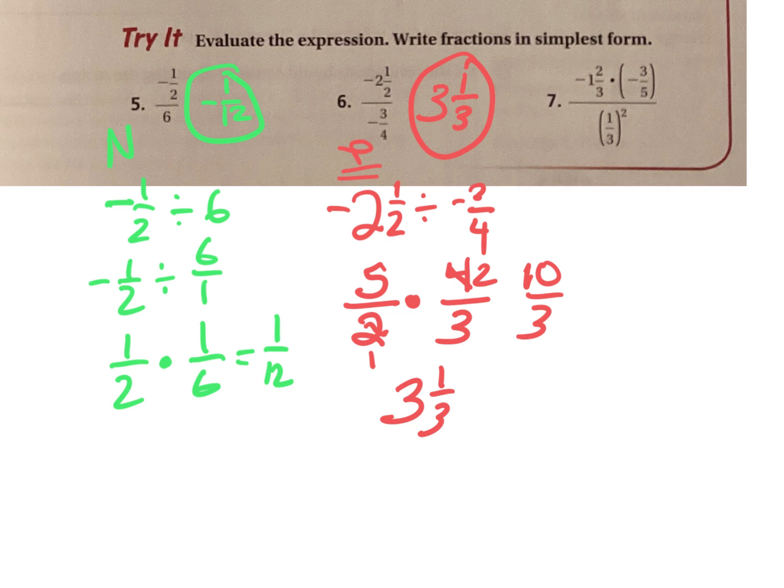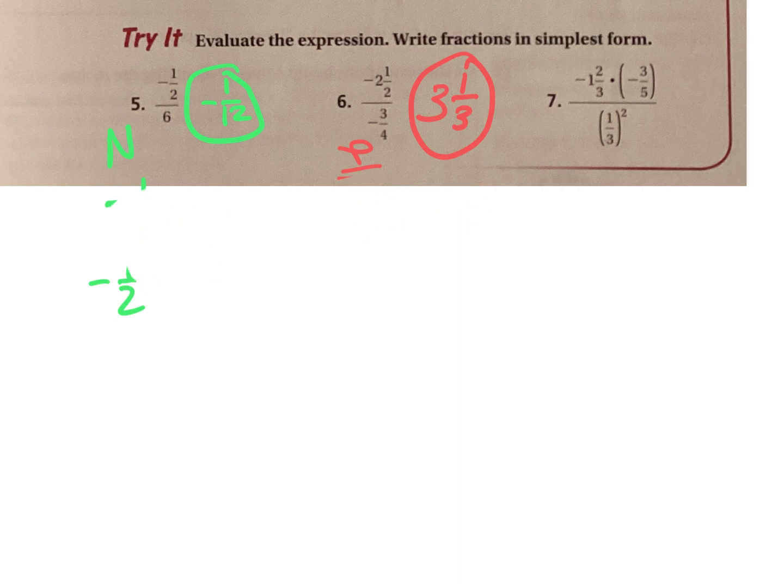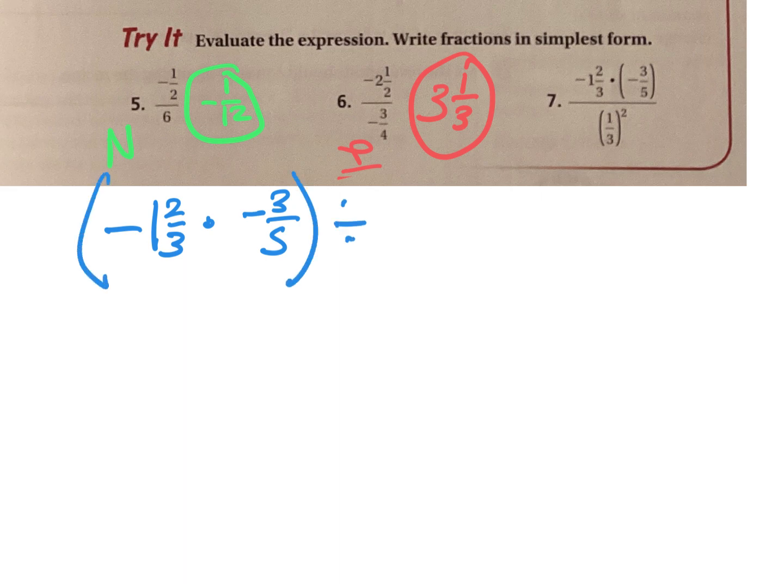Now, I'm going to erase these because this one is a lot more complex. And I'll make this one blue. So I'm going to rewrite it: -1 and 2/3 times -3/5. I've got to do all of that, and then I'm going to divide it by